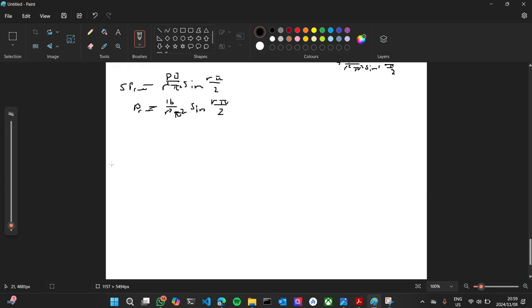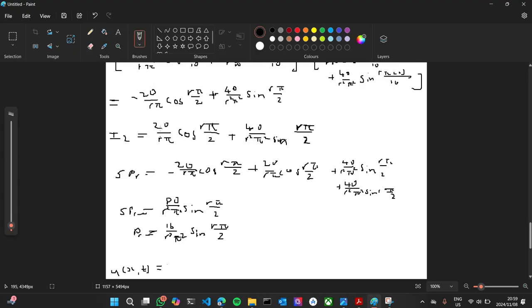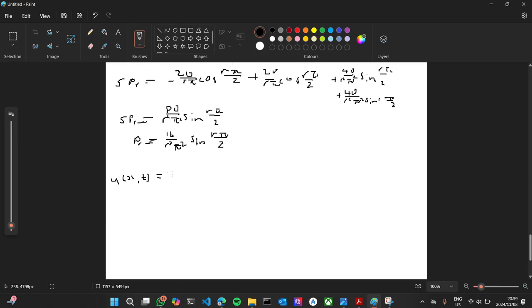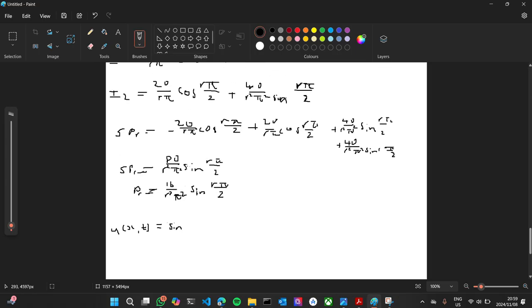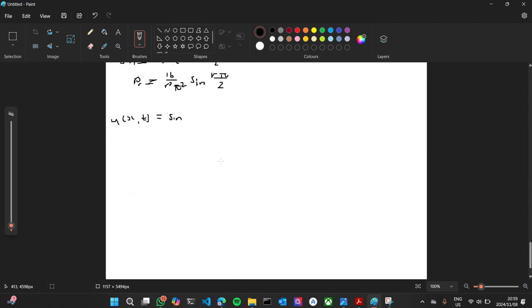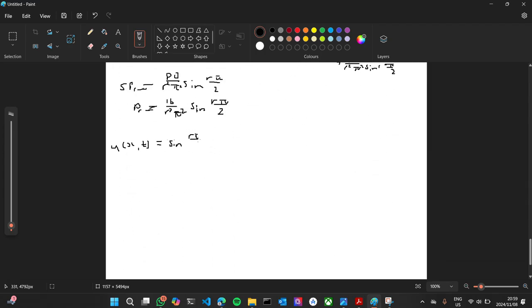Okay, so u of x of t is now equal to, sine r pi over 10x multiplied by 16 over r squared pi squared sine r pi over 2